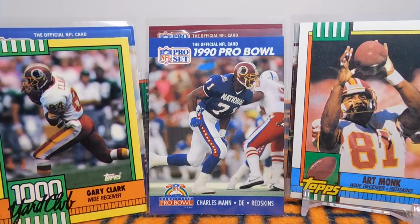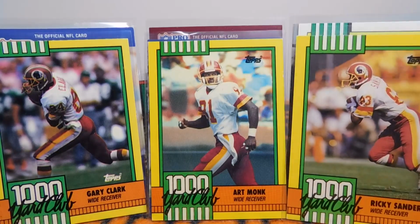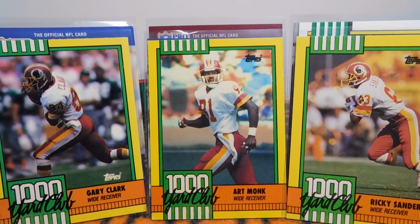So they have a 1,000-yard club card for Gary Clark. And then one of my all-time favorite receivers, Art Monk. And the third of the trio to get 1,000 yards in '89, Ricky Sanders. So of those 1,000-yard club cards you could pick up from the packs of Topps, 3 of those were Washington